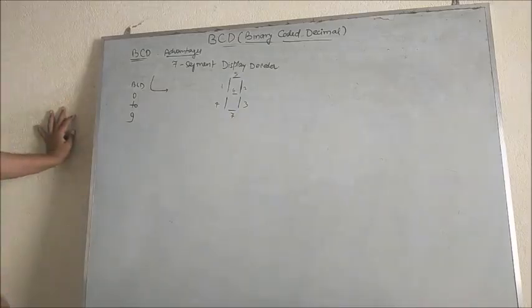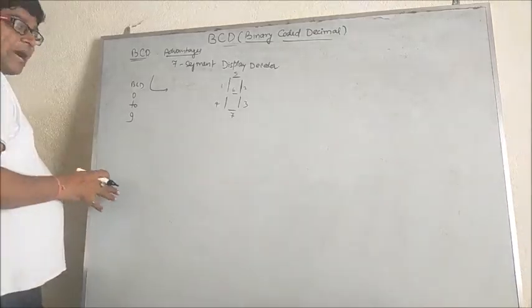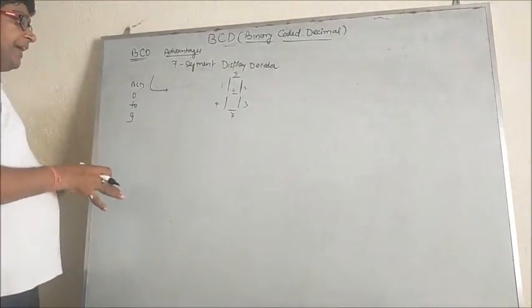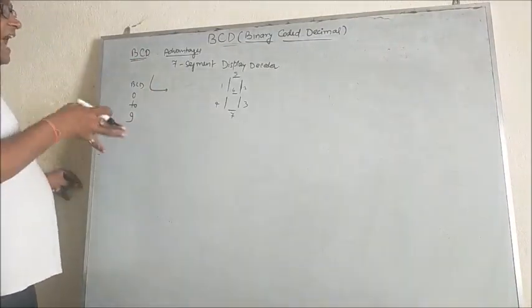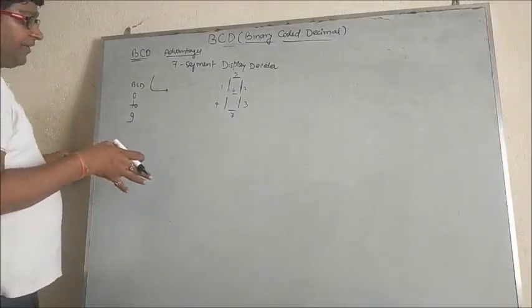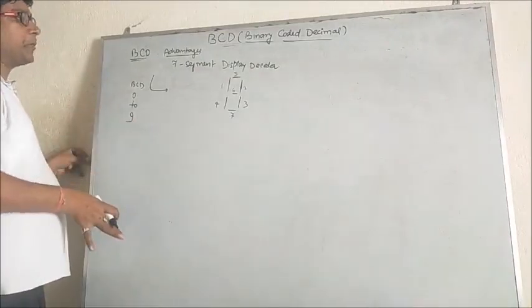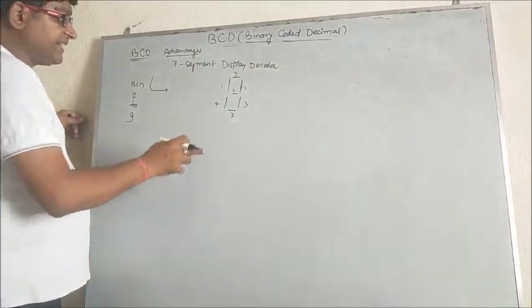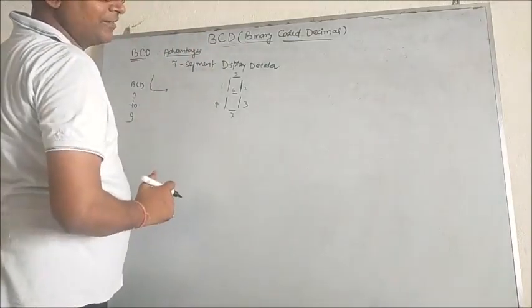And why is 7 segment display used? 7 segment display is used to represent the digital data, right? It is used to display the digital data, right? So any number which comes under decimal number system goes through some digital circuit or electronic circuit, and finally whatever we input here, we will get the same output in the digital data display, right? Say for example, digital clock, right?